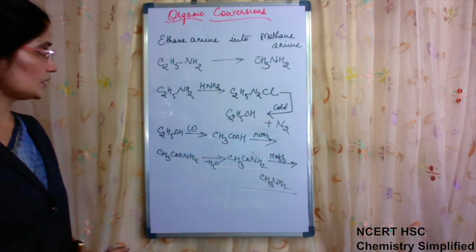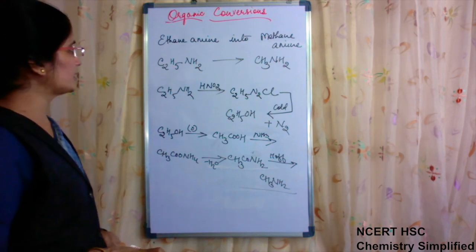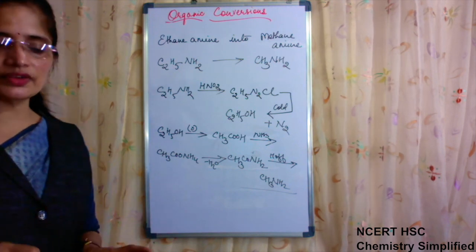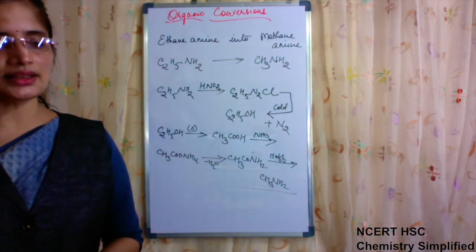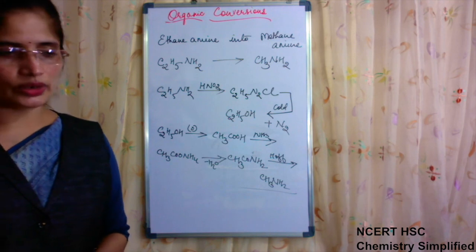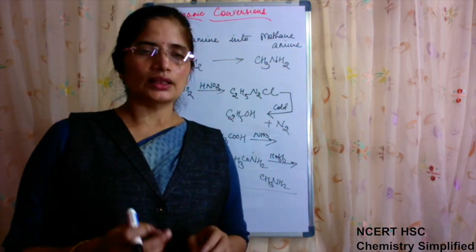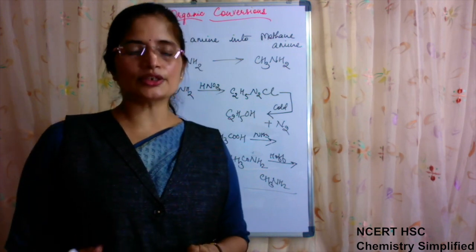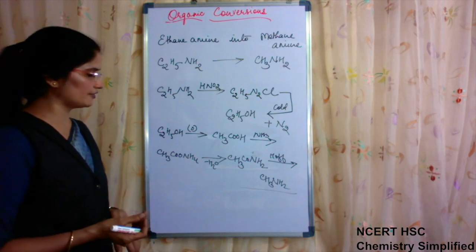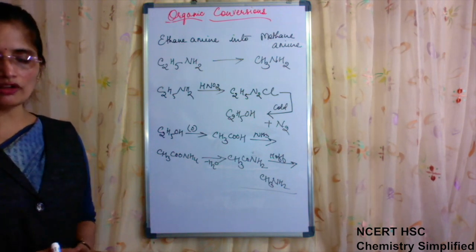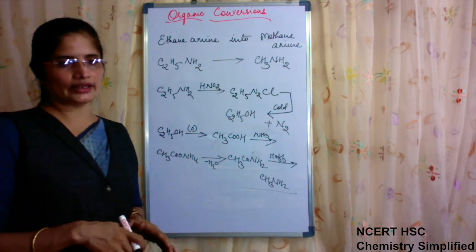Okay. So again, visualizing is very important when we are doing organic conversions. Maybe there is more than one way to do a particular conversion, but generally there are not so many ways. There may be two ways, but not many. So we always follow a fixed route. If you follow a fixed route, you will remember what you actually have to do.